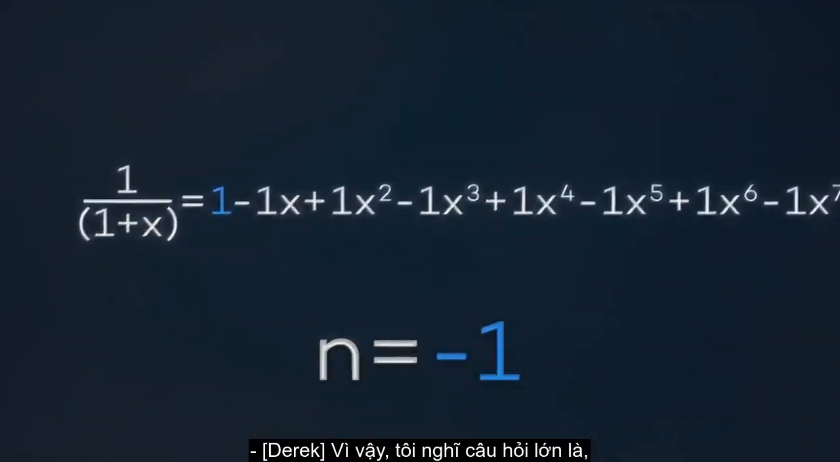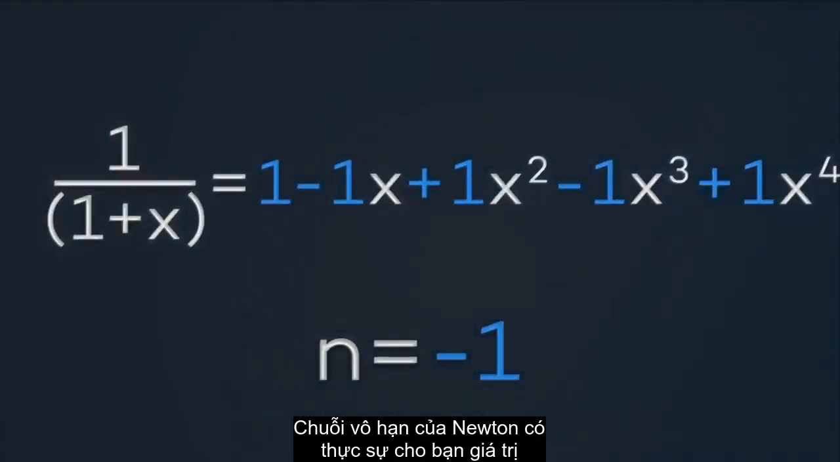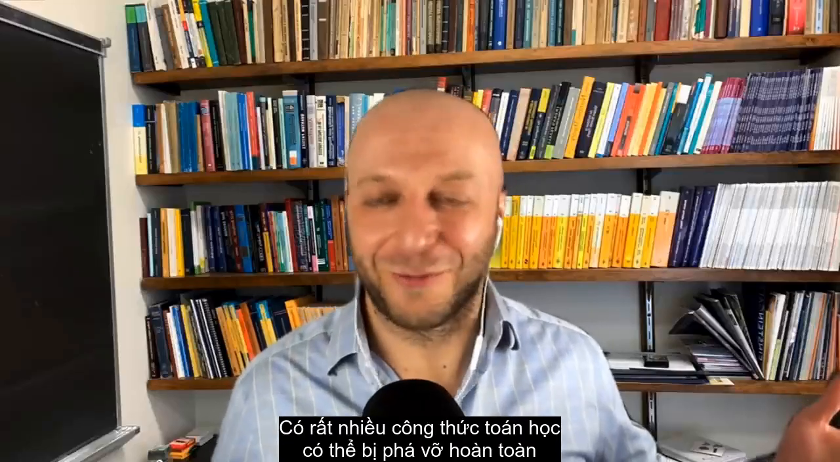So I think the big question is, does this actually work? Does Newton's infinite series actually give you the value of 1 over 1 plus x? Right, and it might be nonsense. There's lots of math formulas that break completely when you do this, right? We have rules for a reason, but we should always know the extent to which the rules have a chance